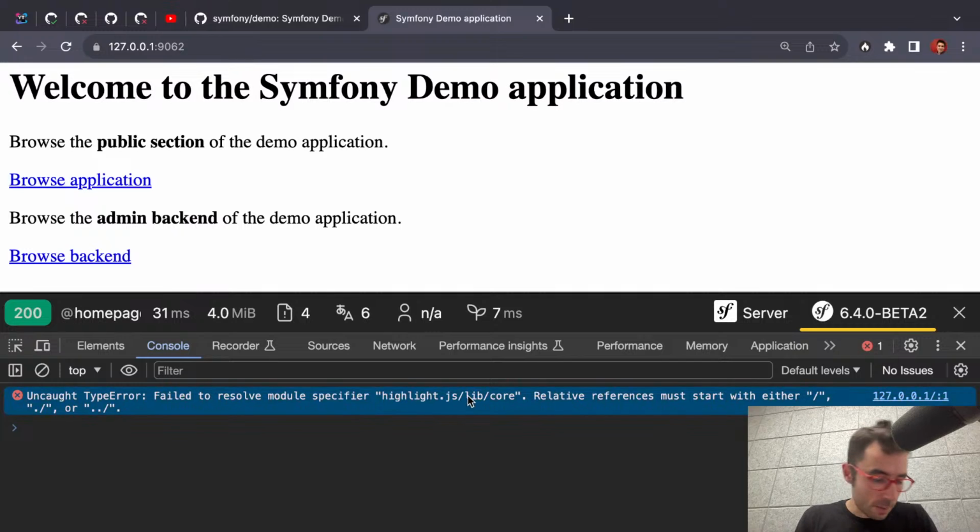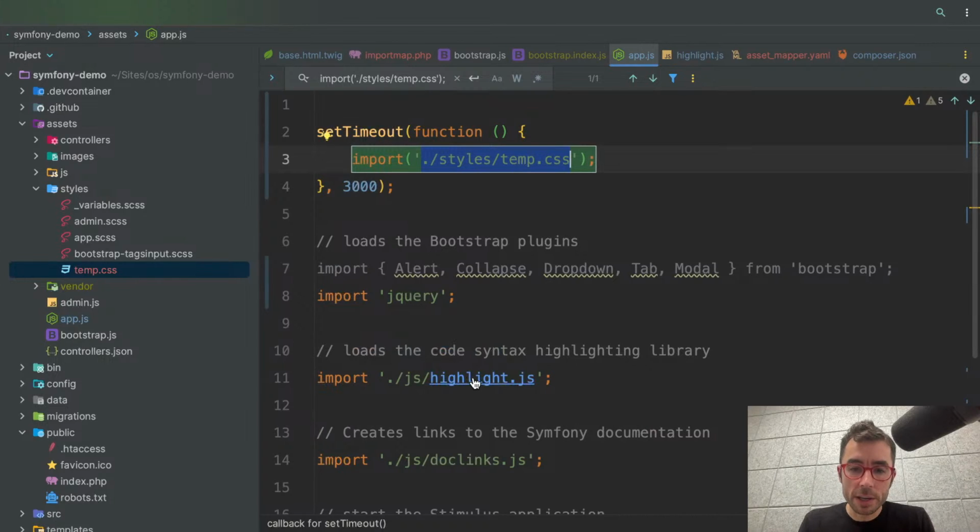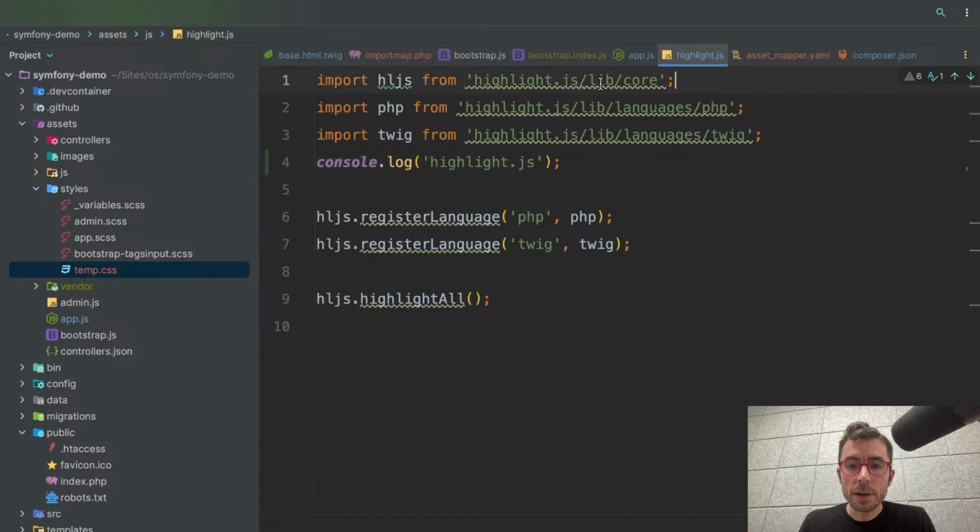All right, I've been going for a while now, so let's go into a higher gear here and see if we can finish a couple of things. So I have another failed to resolve module specifier. This is almost the boring part of updating. I wish Chrome would get a better stack trace. I can't really tell where this is coming from, but one of my files somewhere is importing this module. I mean, I know where it is. It's this highlight.js, but